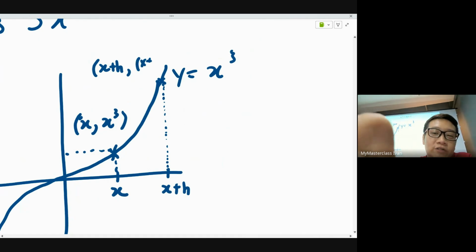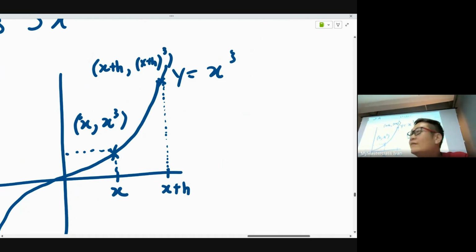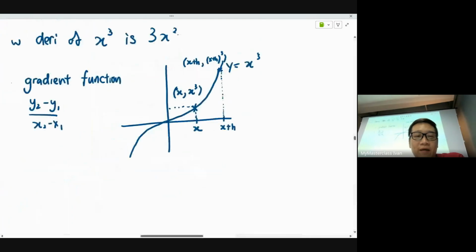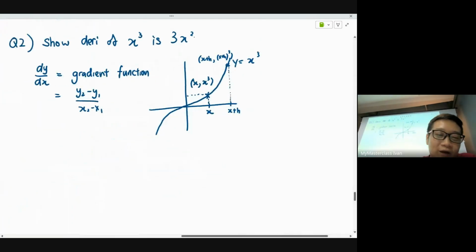No, x plus h, the whole thing cubed. Understand? Because y equals x cubed, bro, if the x is x plus h, then x plus h, the whole thing cubed. Okay. So dy dx equals to, write down,